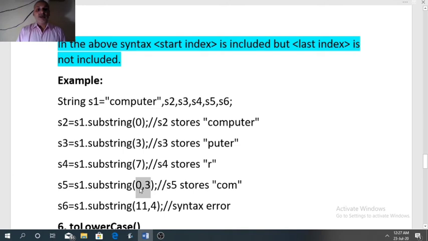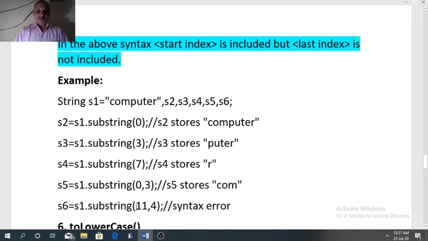So it will cover the characters at 0 index, 1 index and 2 index. 3 will not be covered. So 0, 1, 2. See which characters are present: COM. That is why COM is the result of this function.